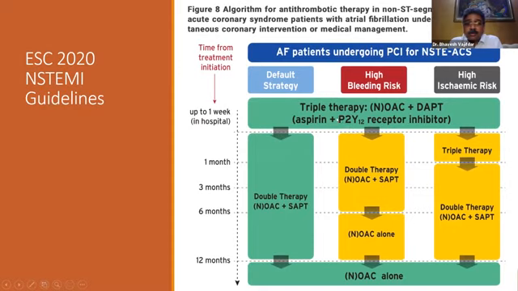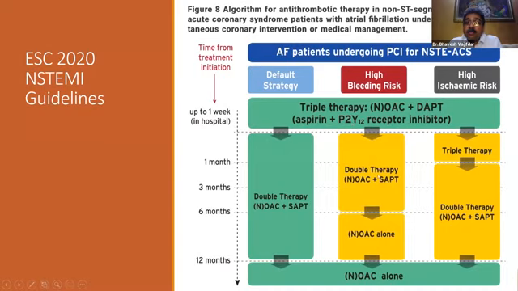So here you break the patients into patients with high bleeding risk, patients with high ischemic risk, and normal patients. In normal patients, you could just downgrade from triple therapy to dual therapy. That means 1 NOAC and a single antiplatelet. Mostly we use clopidogrel, so normally we use clopidogrel with 1 NOAC. So after 1 week of therapy, straight away downgrade. What about patients who have a high bleeding risk? If you have a patient with a high bleeding risk, then again you downgrade immediately.